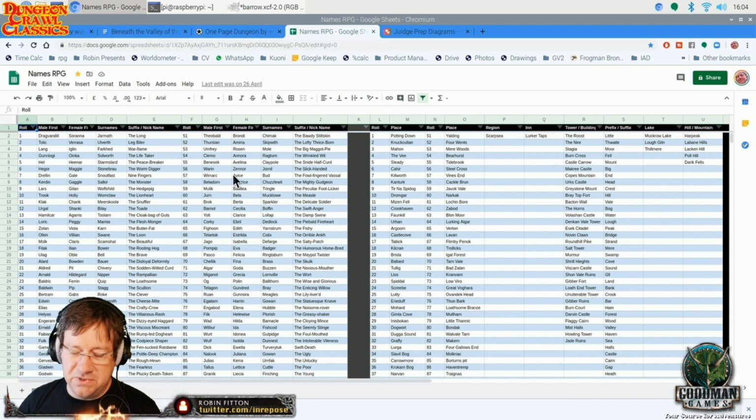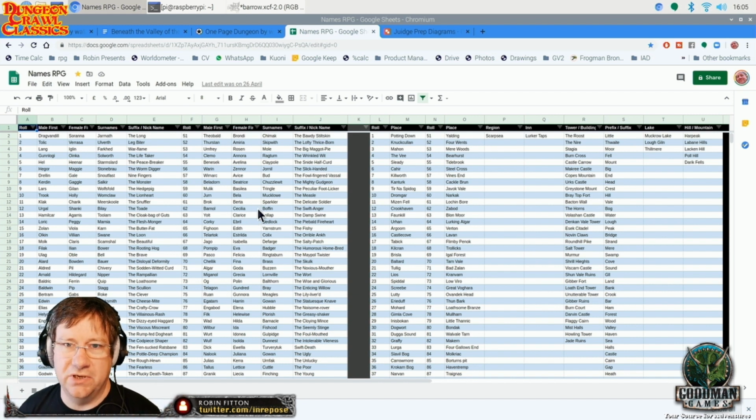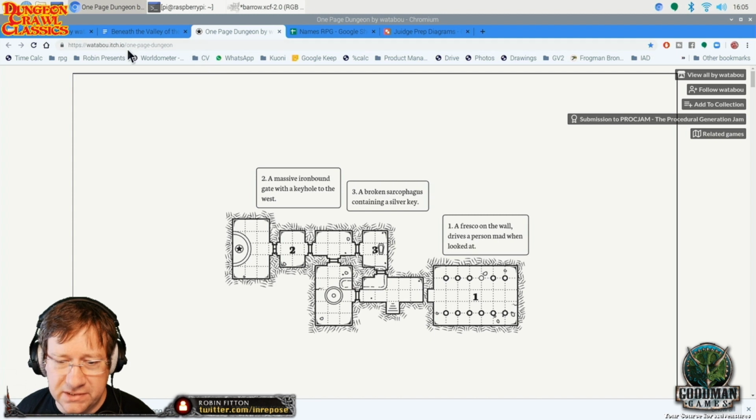So right here in front of me is a bunch of names and location names and things which I've written up over the years, and I just keep them in there as a table. If I dry up on names, normally I can just fire up a name instantly, but I often dry up, so that's in case I dry up. The other thing I'm using is